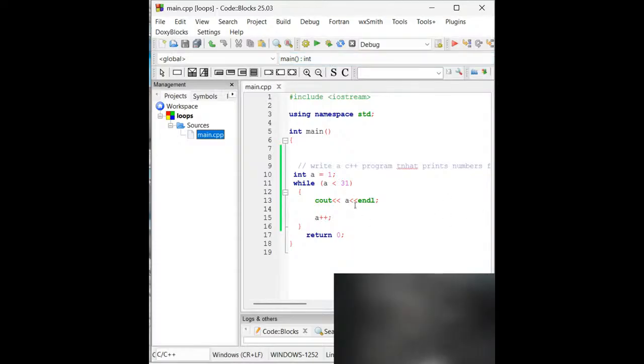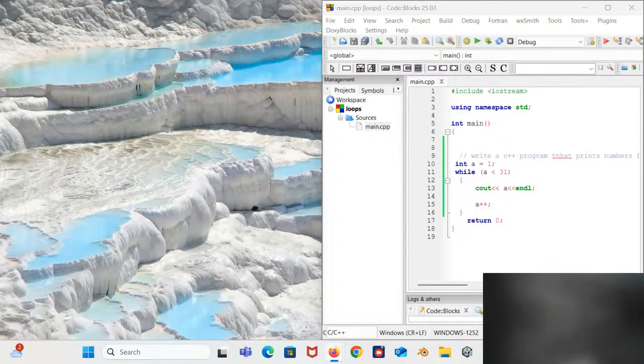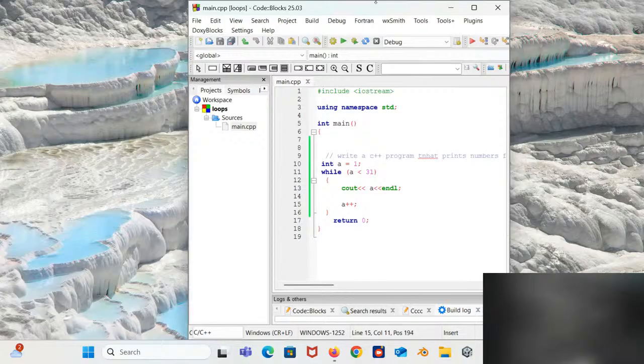Let me share my entire screen. Share, share, share. I think the other screen can be seen now, right?